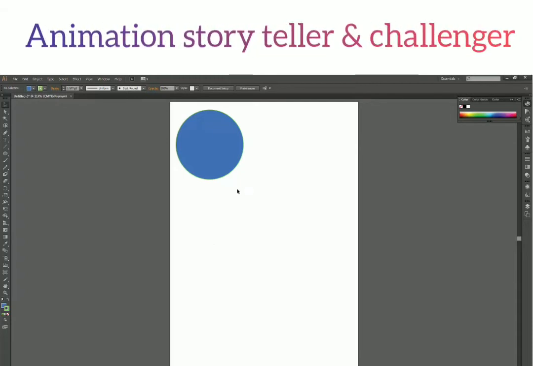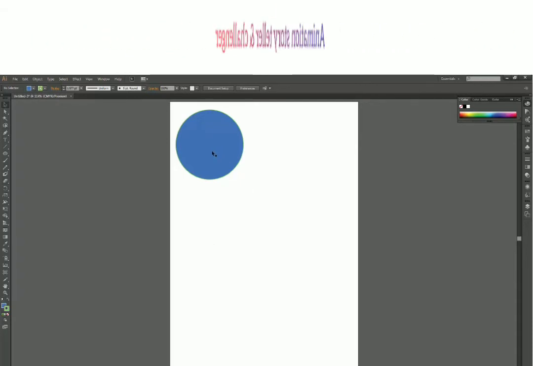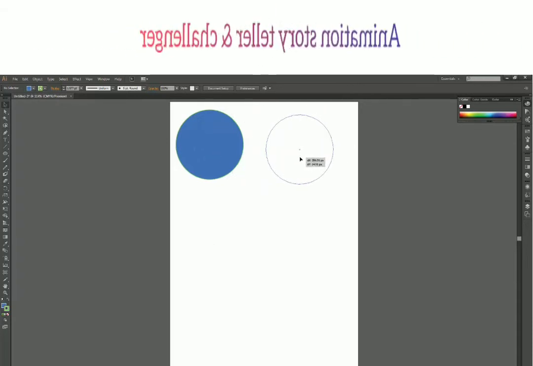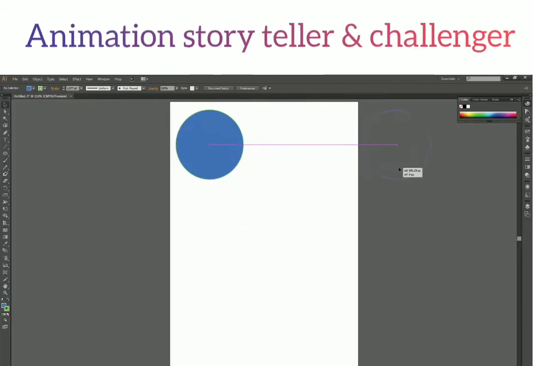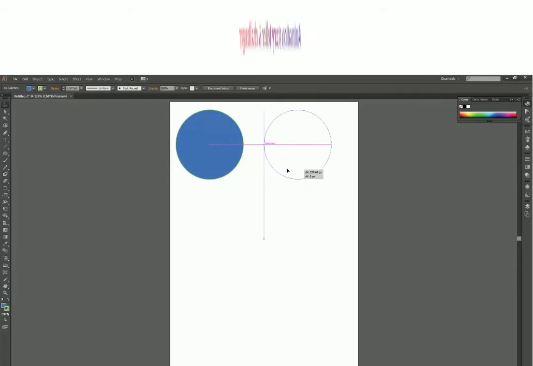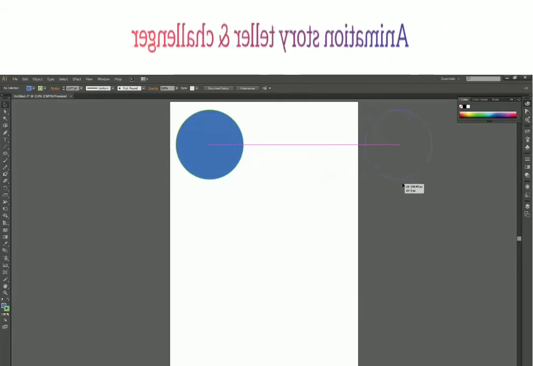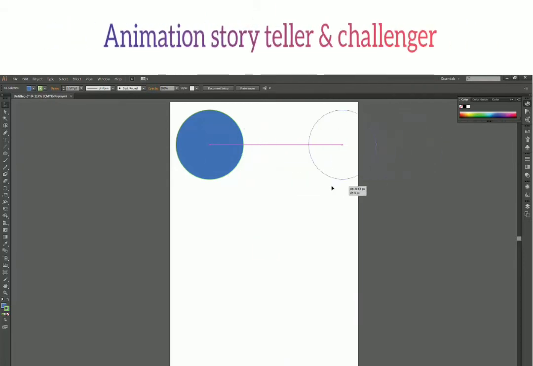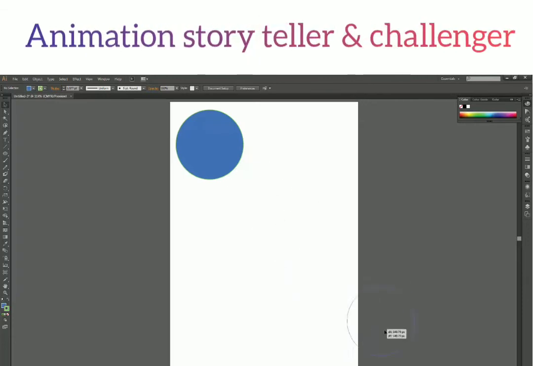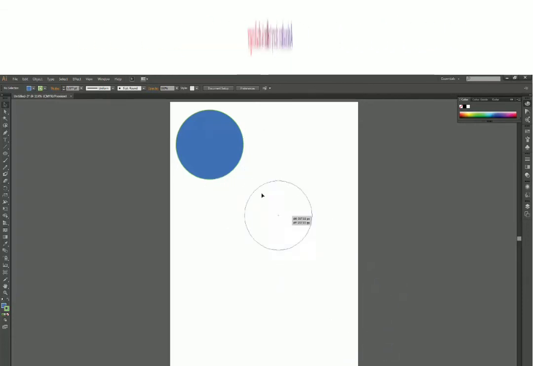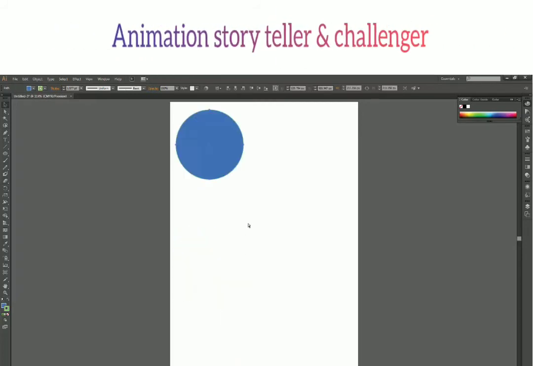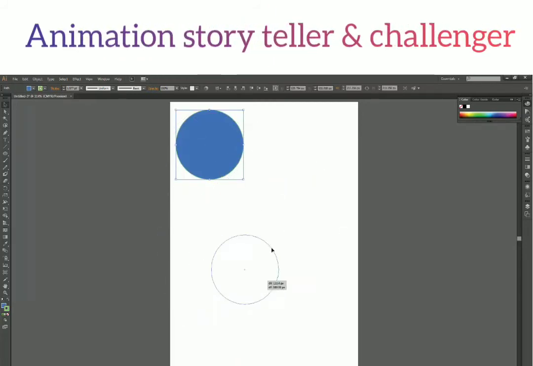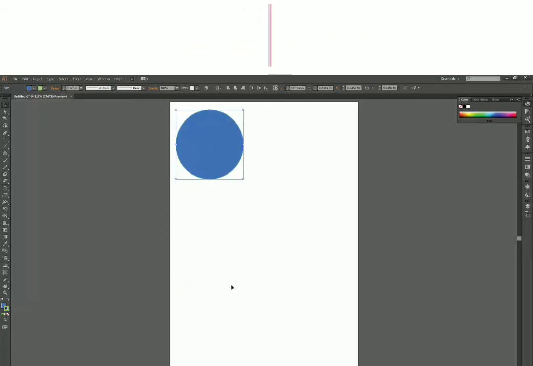selection tool selected. So this time I'm dragging around and I'm holding Shift. Now you can see I can only move my circle in a horizontal direction, in a 45-degree direction, or in a vertical direction. Previously I had full control of dragging it anywhere around, but this time I want very limited control.